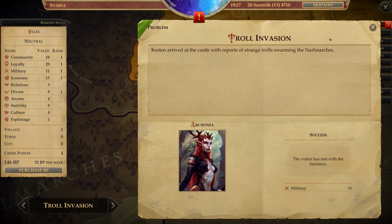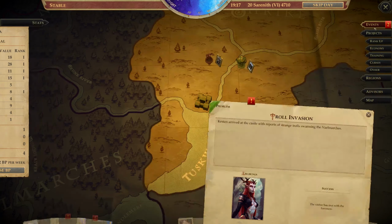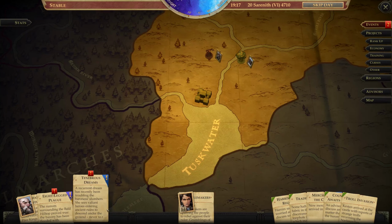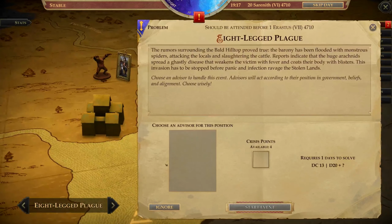Troll invasion, yes. Okay. Events. Tenebrous Dreams, Eight-Legged Plague. Okay, this seems like